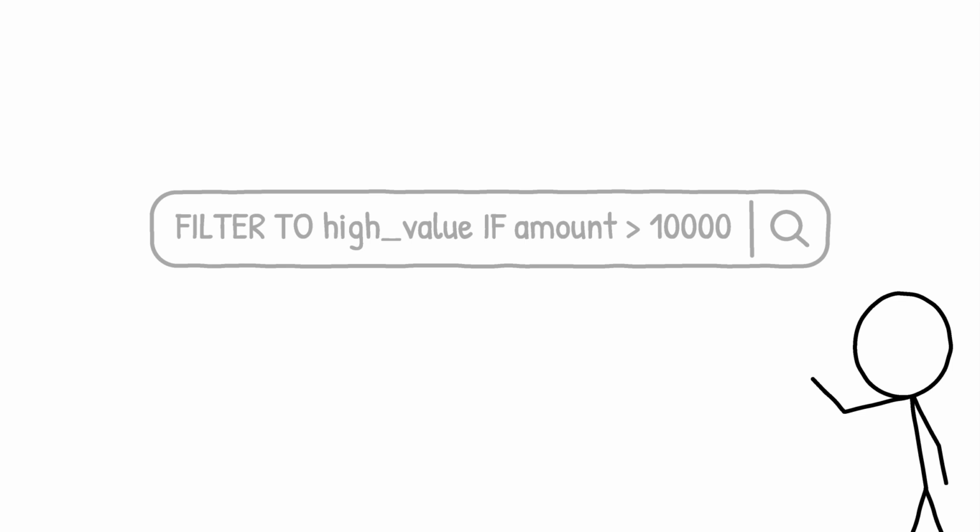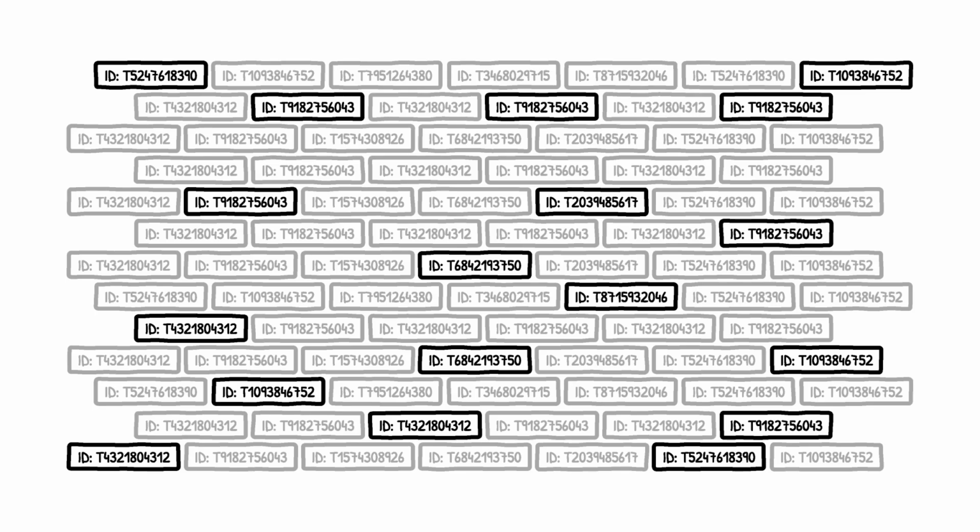For example, a query can filter for values greater than 10,000 and then write them to a separate file called high value. For the CISA exam, you are not expected to be able to write or read queries, but you do need to understand that Generalized Audit Software has this capability. And since the entire population can be imported, the auditor does not have to rely on sampling, as they can